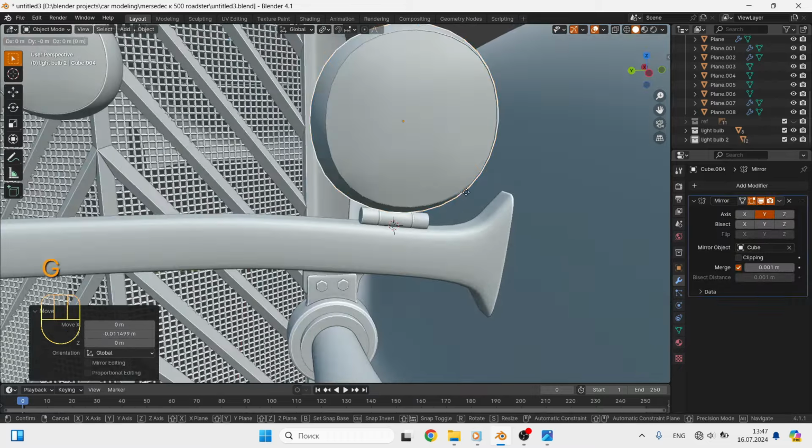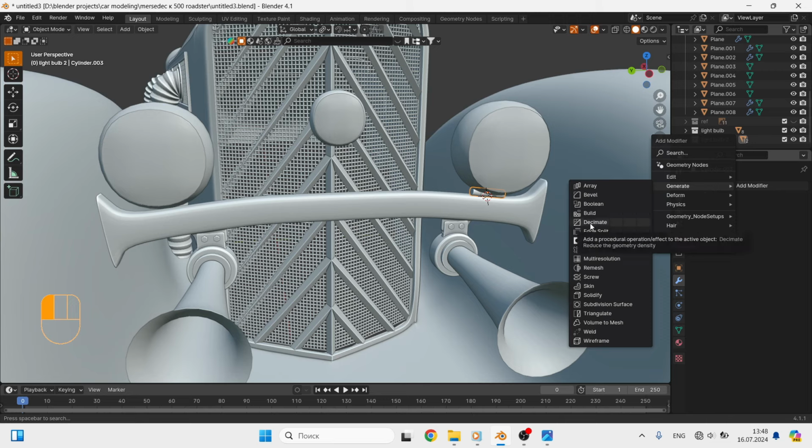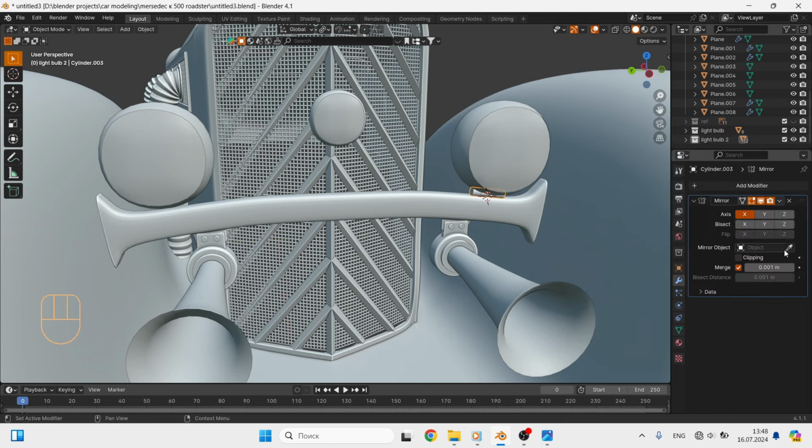Now we can apply the mirror modifier to make a loop on the other side. And for the headlight that is in the center, you just need to copy the loop.